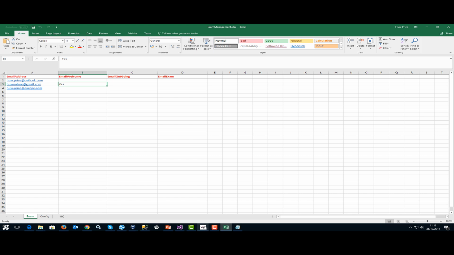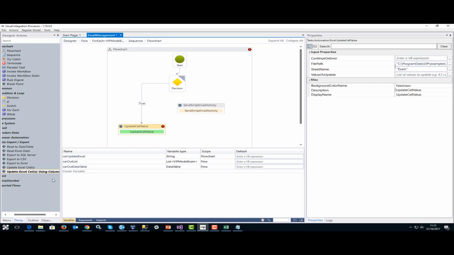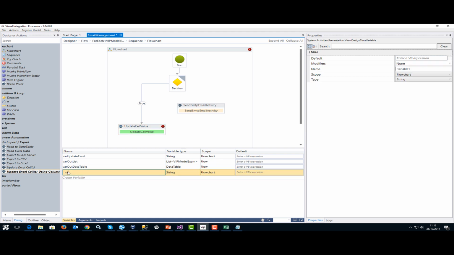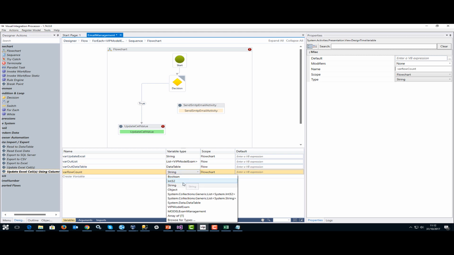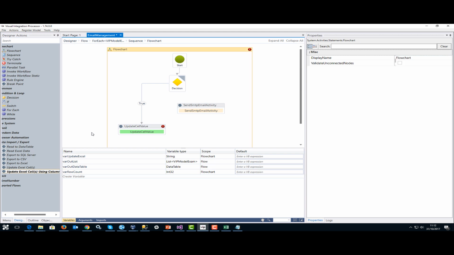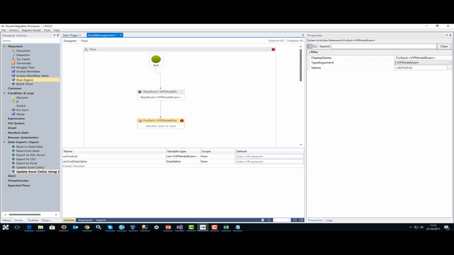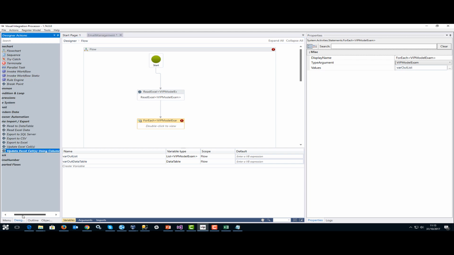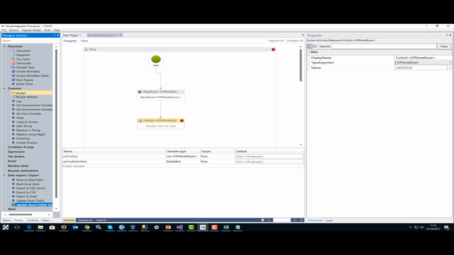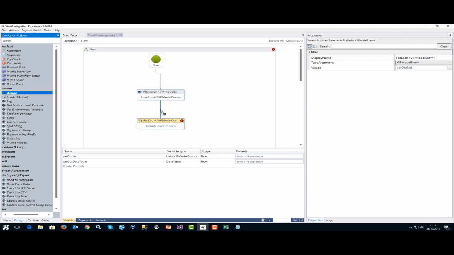So now we need to go back to our spreadsheet and we need to start counting. And we obviously start at number 2, so I'm going to go back in here and I'm going to do var row count, and I'm going to set it to a type of integer. So I've now got a variable. Now I need to pop back up a little bit here, and just before here, I'm going to set the value to 1. So I'm going to do an assign statement. And what you can do is just drop that onto the arrow itself like so. And I'm going to just type in